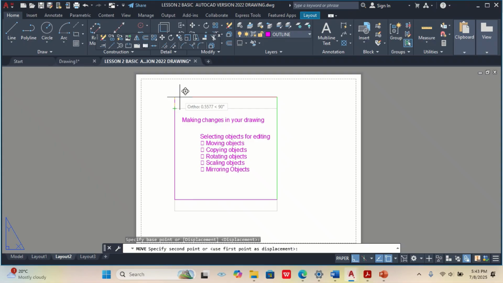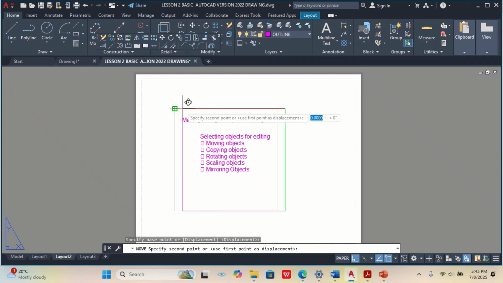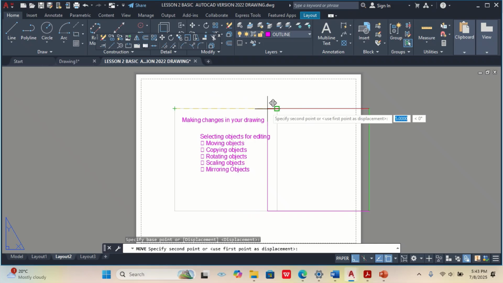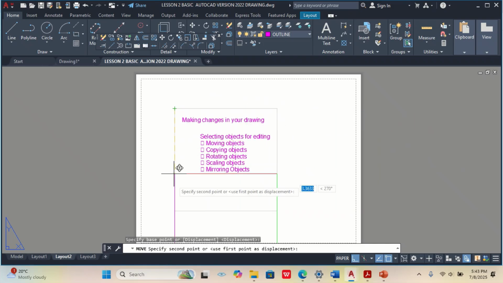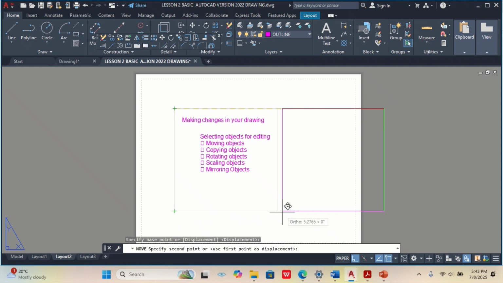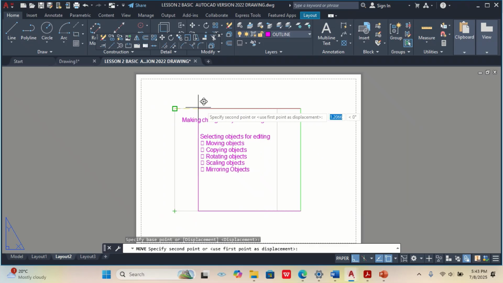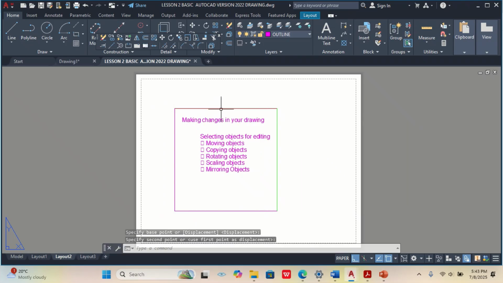I can decide that I don't want that one to be my base point. So if I pick that one again as my base point to the other end, you can see the object is moving. And if I decide that that is my base point, again the object is moving again. So that's about the base point. If I decide that this is my base point, then I move it that direction. Once I click that point,